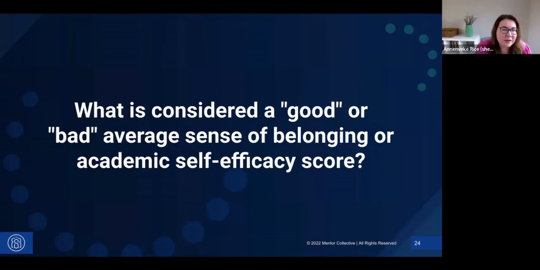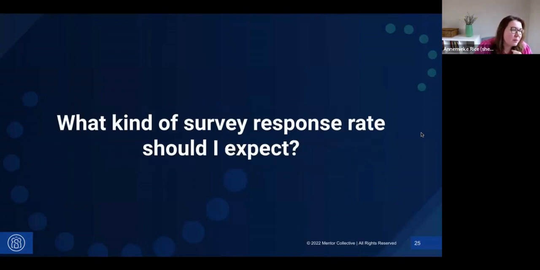Yeah. And I want to just add, average is not, things above average are not good and below average bad. These are also not data points that have inherent good or bad values to them. Any student experience data point is a helpful data point. And so the goal here is to give you the most up-to-date, authentic insights into the student's experience that you can act on. The next, I think, and final question, maybe we have one more after this.